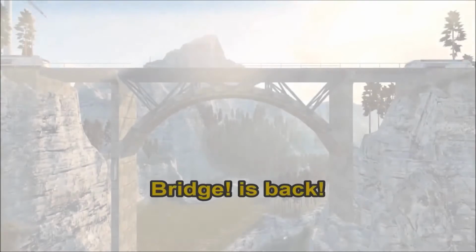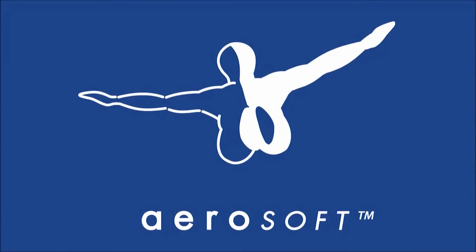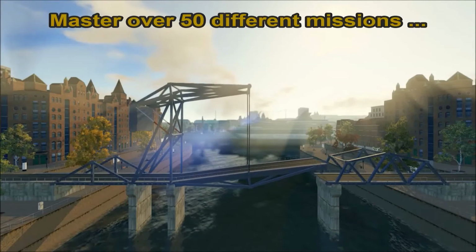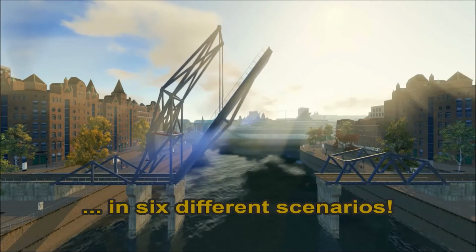Alrighty, moving out of the skies now and on to the world of construction. A few years ago we saw Aerosoft and a smaller German publisher, Astragon Interactive, release a Bridge game, and now they've come out with a sequel, funnily enough called Bridge 2. So Bridge 2, the construction game. Essentially,